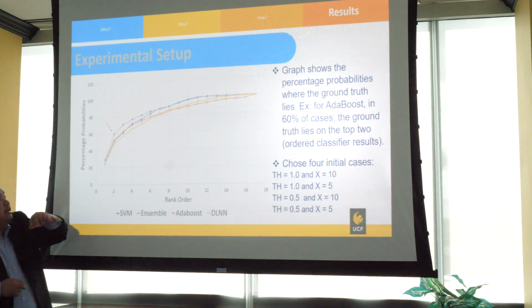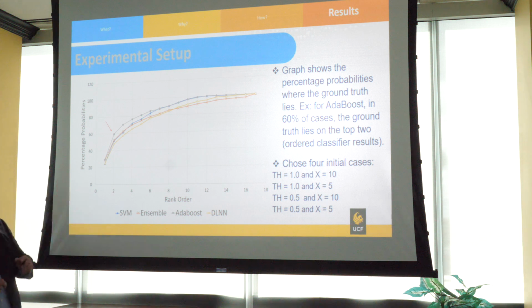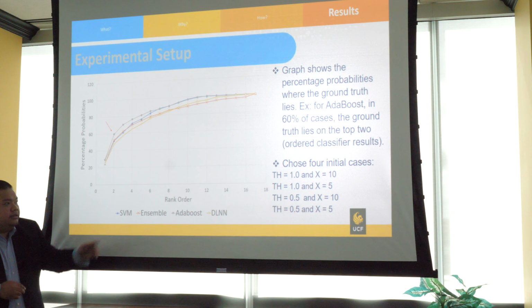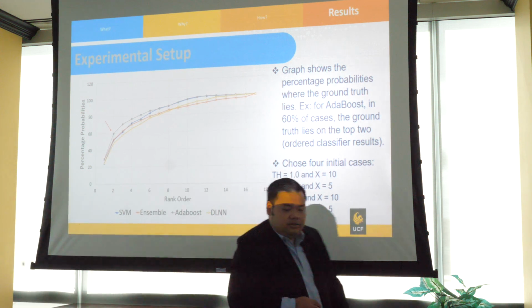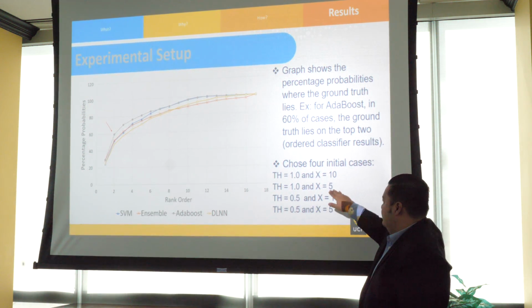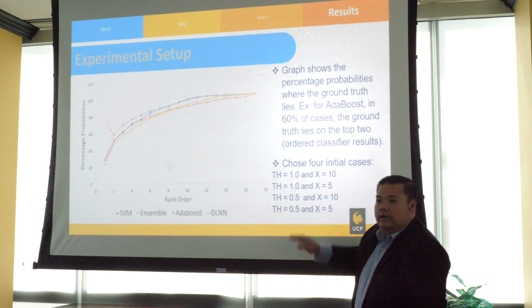And so on, right? So looking at this result, we just decided to come out with using different values of X and TH: X equals 10, 5, 10 and 5, and a TH of 1 and 1. But couldn't you have